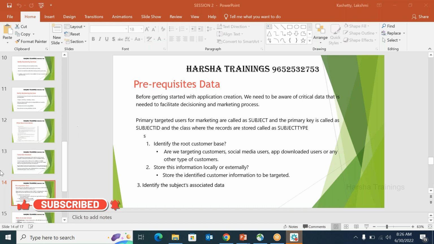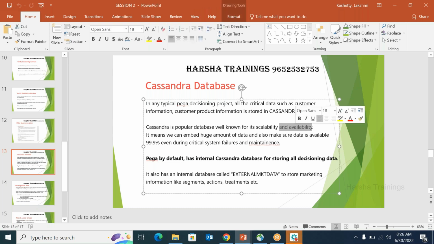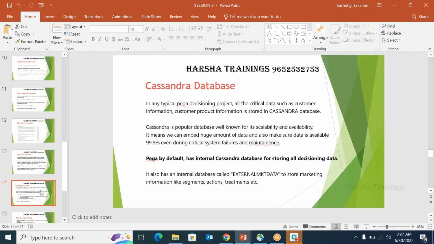So I hope that you understood something about Cassandra database. If not, just let me know if you are not clear somewhere. Mainly two reasons: scalability, availability. Scalability means even if you have 1 million, 10 million customers or 100 customers, data will be given to you as fast as possible. Availability means it will always be available, so that data will not be crashed and we will be able to see the data every time. Okay, next thing,